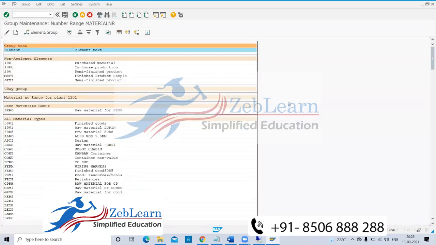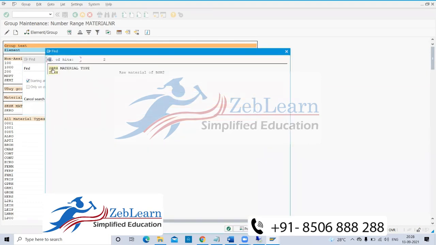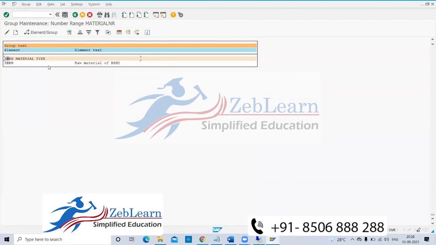And the next part, what you have to do, press Control F. Write the material type, whatever you have created, press enter, select the first line, and you have to assign the element group, whatever you have created. That 24 you have created, the group number is 24.